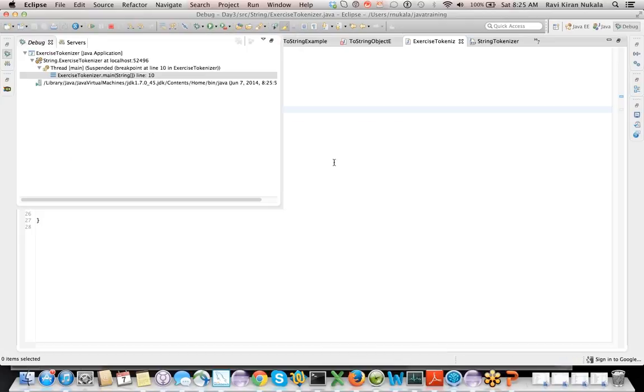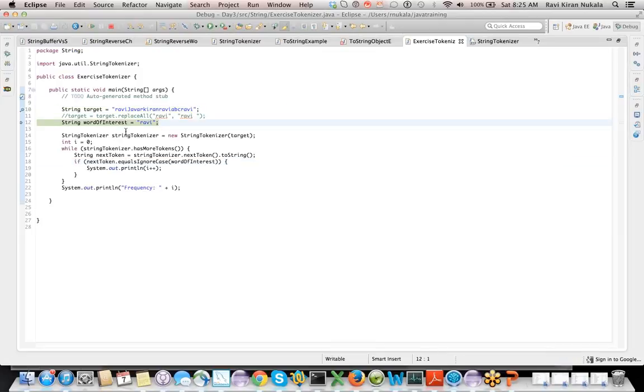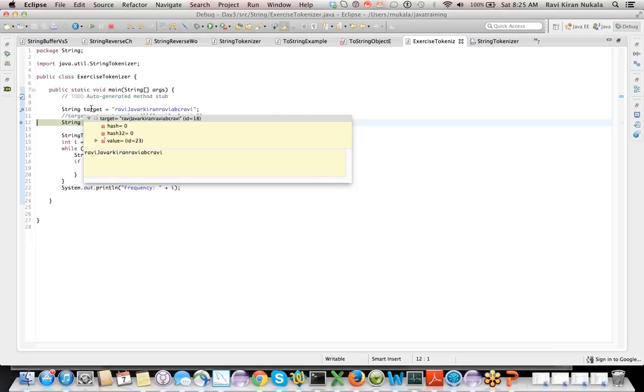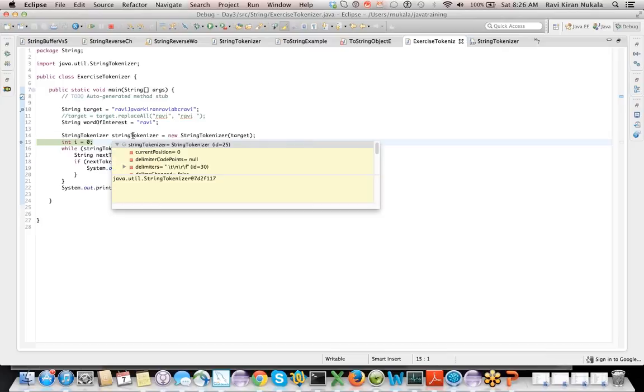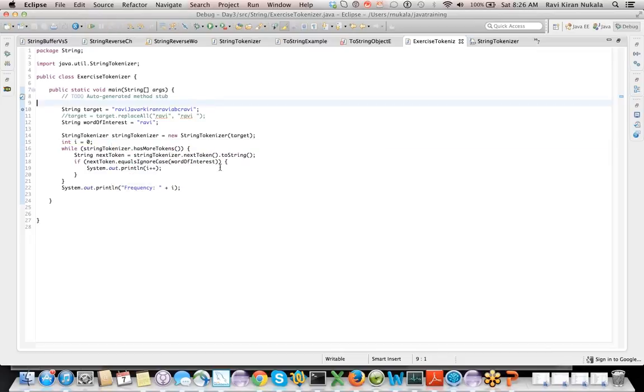Okay. So if I did not have this step, this is my string. This is my word of interest. When I did the string tokenizer, it is looking for delimiters like \t \n \r \f. That means it can honor tabs, it can honor new lines, it can honor space, it can honor line feeds. Okay, only these it can honor. It cannot honor anything else, looks like. So I used to have a method at that time like this, right?